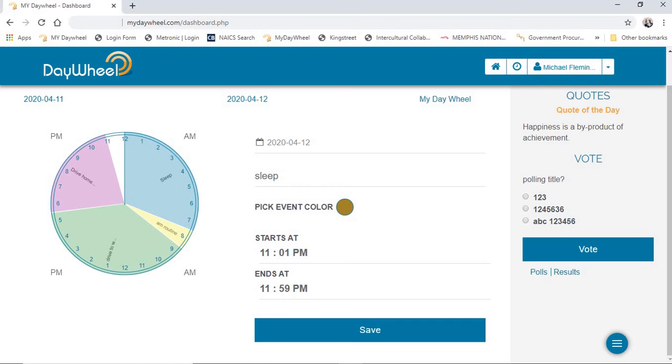But for now, every DayWheel clock stops at 11:59 that day. So you hit save, and then once you put in save, the clock is populated. That is a diary, a captured diary of that particular day. Either individuals, businesses, government agencies, or, I mean, just like I said, any use where somebody wants to reference time. So this is your full day. And it doesn't seem like much until you've kept it over some particular time period. And I'll show you just how powerful it can be when you're able to aggregate